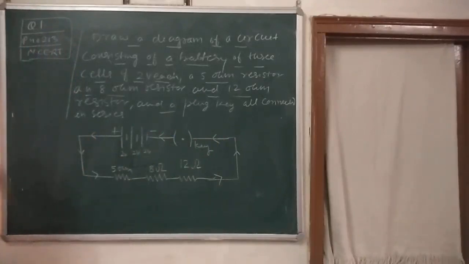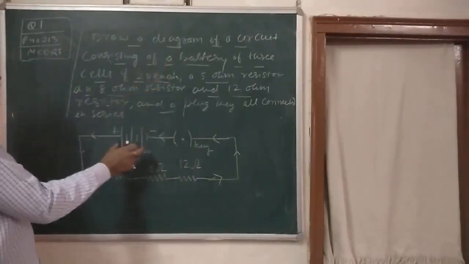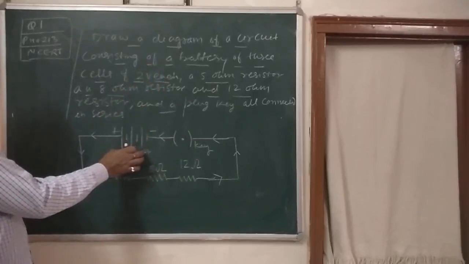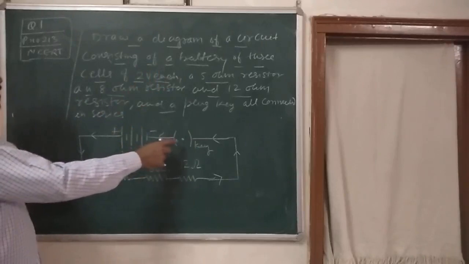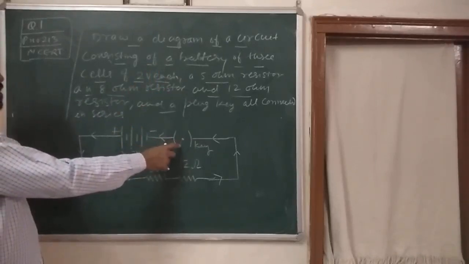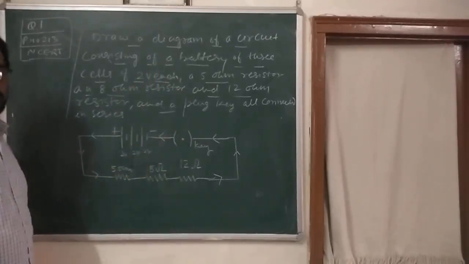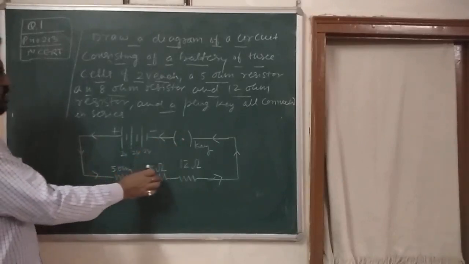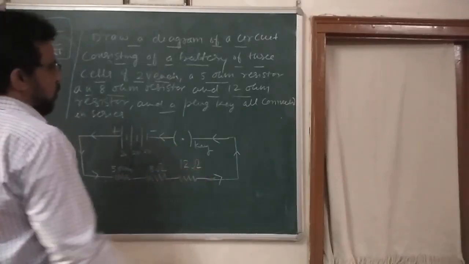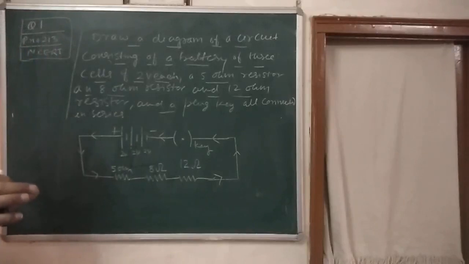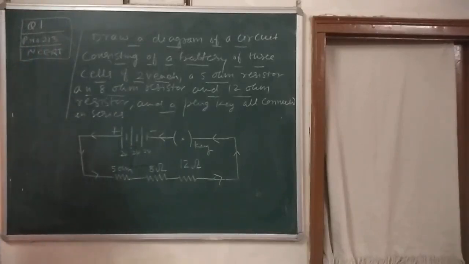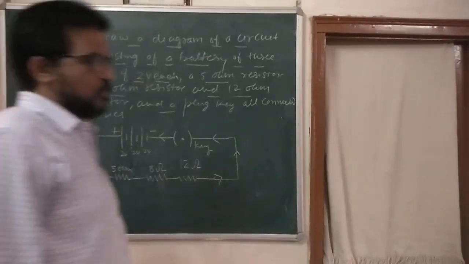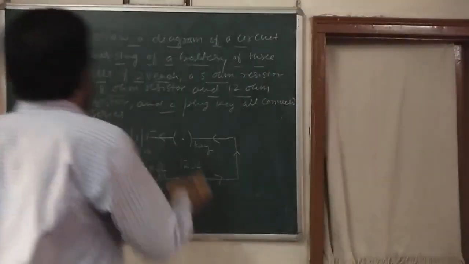So you have to draw this circuit diagram consisting of a battery. Again I am repeating. 3 cells of 2 volt. Then a plug key, when dot is there, circuit is on. And 3 resistors, 5 ohm, 8 ohm and 12 ohm, they are connected in series. So this is our actual circuit diagram. So you may draw it very easily. Now, we will take another question.